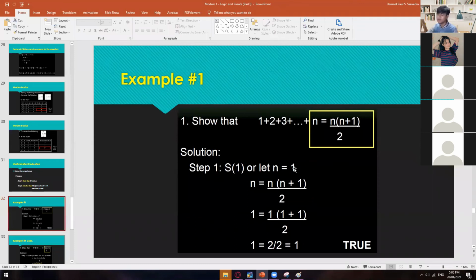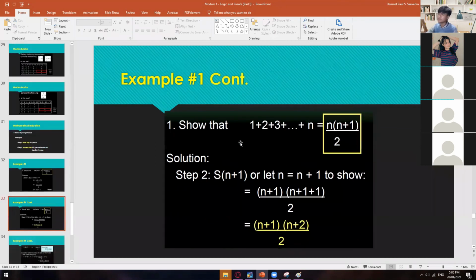if you replace the n by 1. Okay. However, if you really wanted to verify whether this one is really correct, or really equal with your left expression, you have to do step number 2, wherein instead of just replacing the n by 1, you have to replace now this n by n plus 1. Again, we're not trying to change anything in here, because whatever you're going to apply on the right side will be applied onto the left side. Okay. So from here, we have to show that,